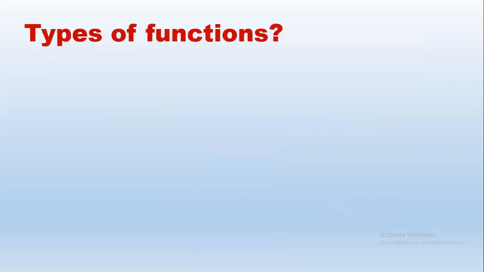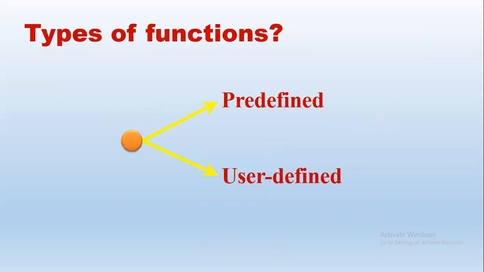Types of functions. What we just saw are all predefined. They are already defined by the compiler. It may be defined in some header file. So stdio.h defines printf, scanf, string.h defines string length, string compare, etc. Math.h defines square root, power, exponent, log, sine, cos, all these. So these are the predefined functions, or we can call them built-in functions or library functions. There are different names for the same. Predefined functions are already defined.